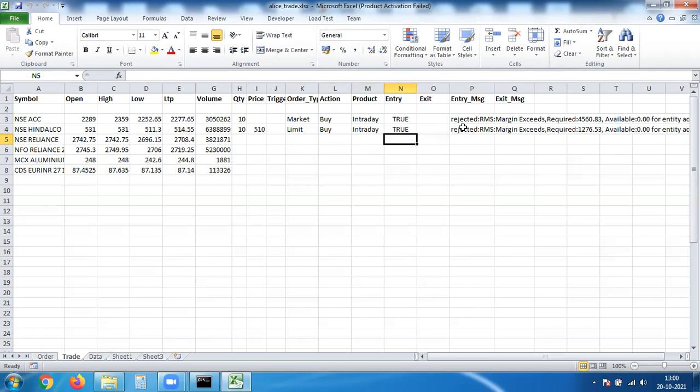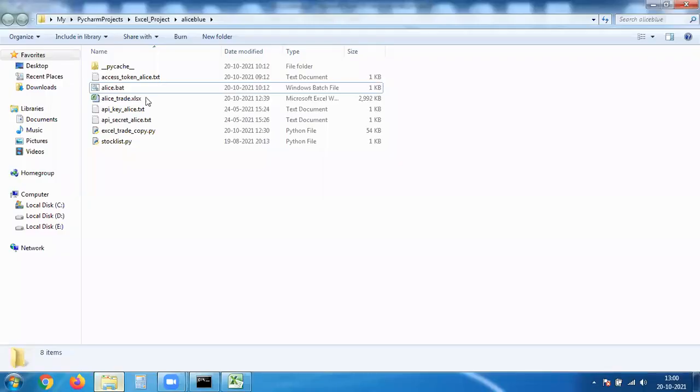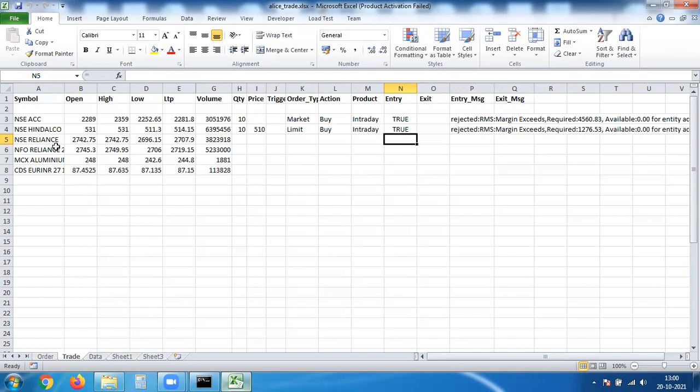So it is very simple. Now these symbols, it is not necessary that you write them after the market has started or after the application is started. You can put your symbols over here prior to starting the application. What I mean is, just open this Excel sheet. It will open independently. Now type all the symbols that you want live data for. And then you can initiate the orders.